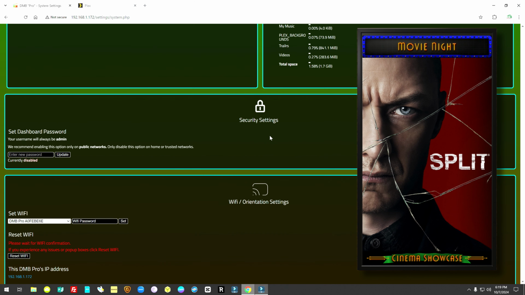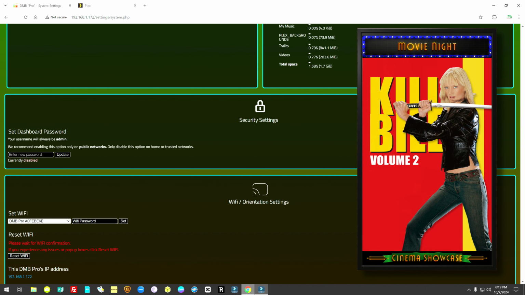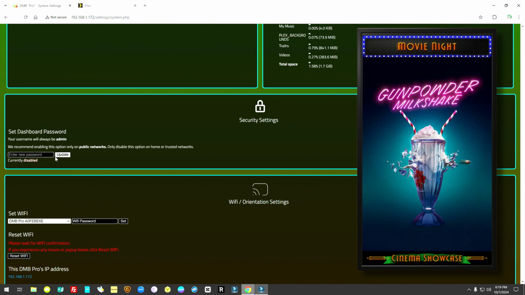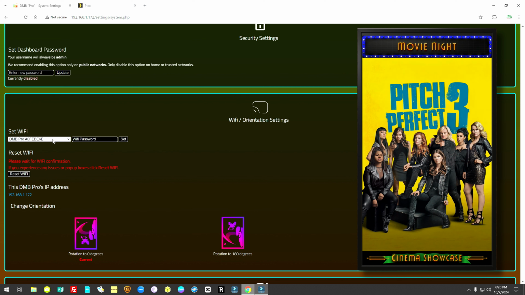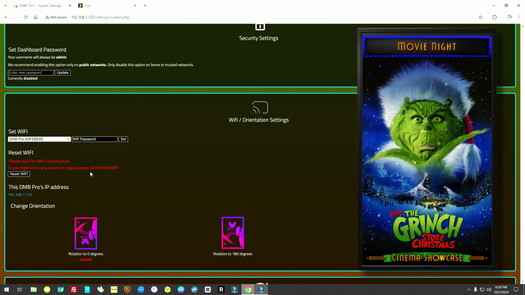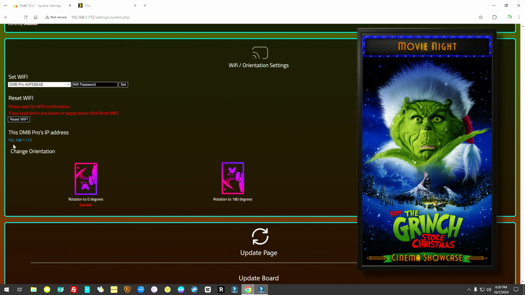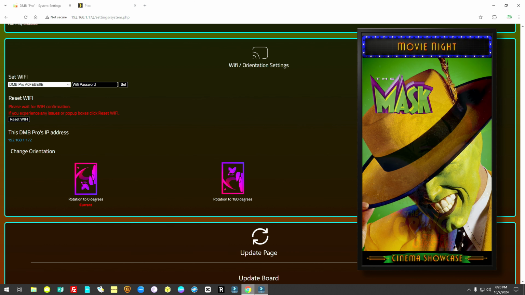Let's come back down, and we have a security settings where you can set a dashboard password. Now this is probably used more in the commercial settings than in the home settings, but if you did not want anybody to access the DMB Pro app, you can set a password. If you're going to be using this for Wi-Fi, this is where you would enter your Wi-Fi SSID and the Wi-Fi password, and then you can connect. You can also reset your Wi-Fi network altogether if you've changed Wi-Fi service providers. Whatever your current IP address is, you can see it here. And then here you can choose